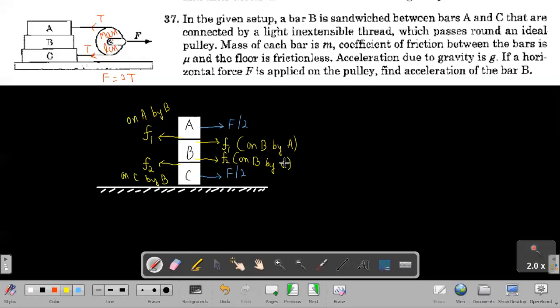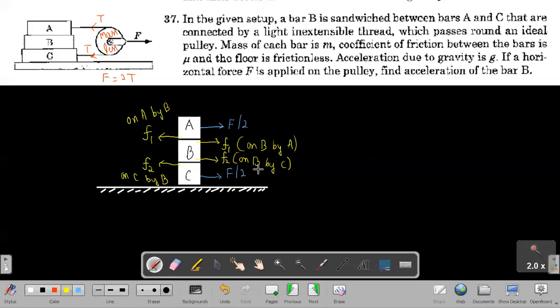In such questions, first of all, we will always look for the possibilities. And the fundamental nature of friction force is to oppose the relative motion. What does it mean? If there is friction between the blocks, then under the limiting conditions, up to a certain limiting value, the friction force between the two blocks or three blocks will always tend to make all three blocks move as a single unit, because that is the very fundamental nature of friction force. It does not allow relative motion between the blocks.